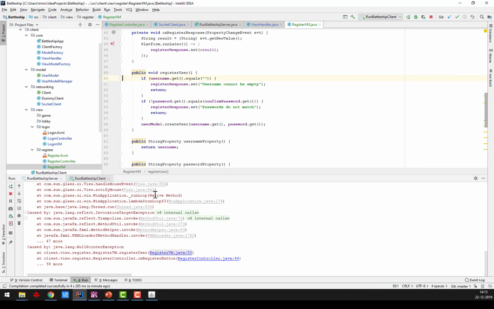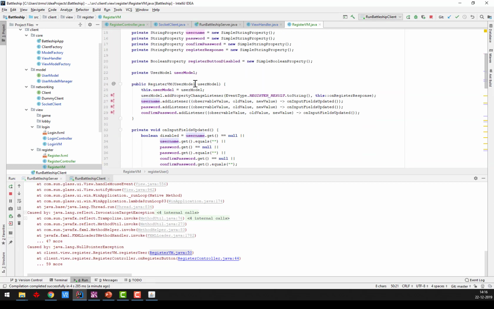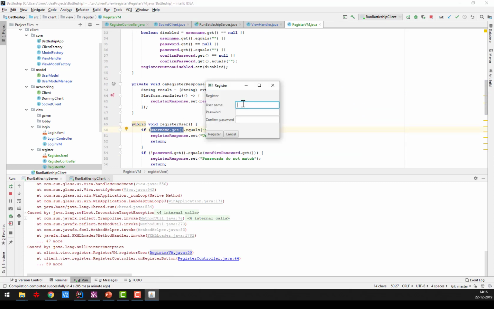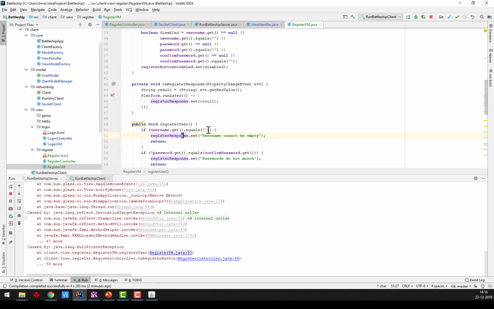I find this one, I click that, and I see that's the line where it happens. And the null pointer exception is, as I said in the previous part, when you try to call a method on a variable that is null. In this case, I know the username is not null because I have instantiated it, but what I get out of it is probably null because there's nothing here. So instead of an empty string, this part becomes null, and then I try to call a method on it, so I get a null pointer exception. So that means I have to check for